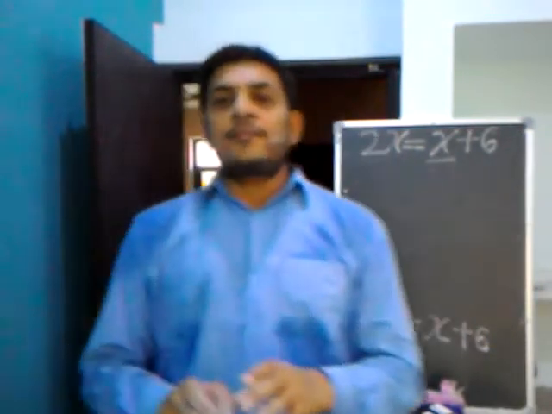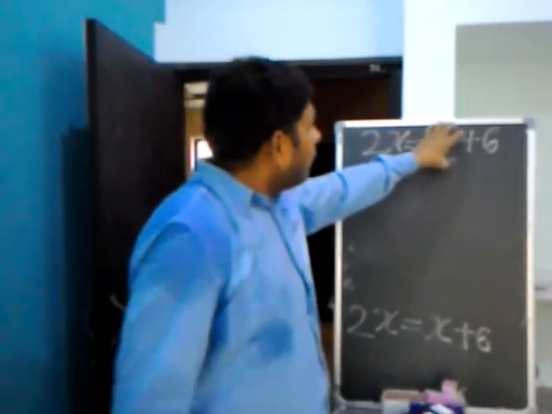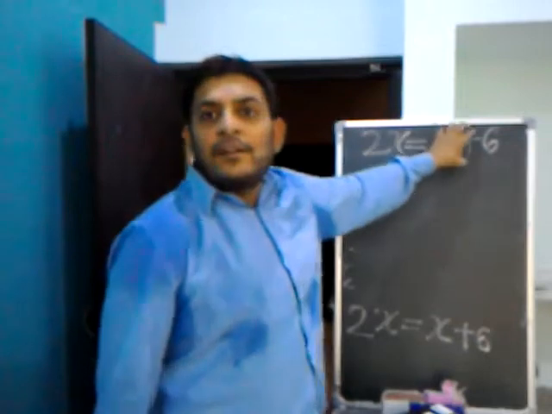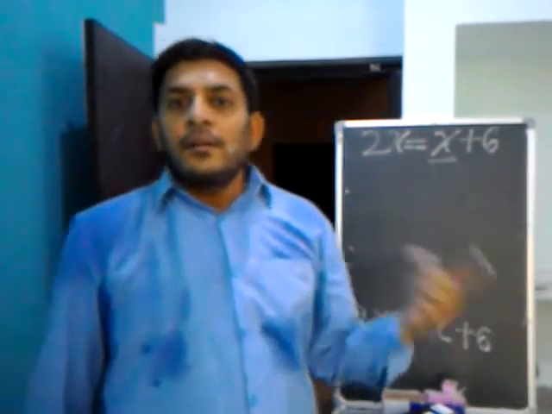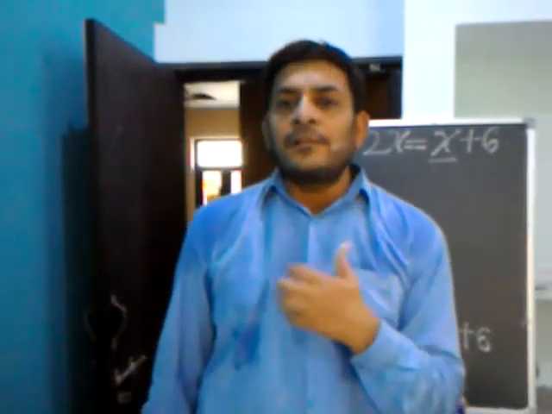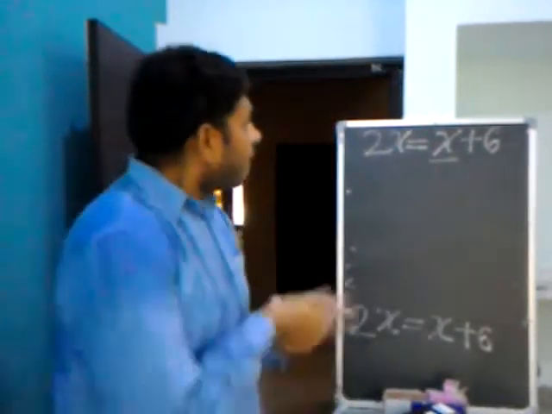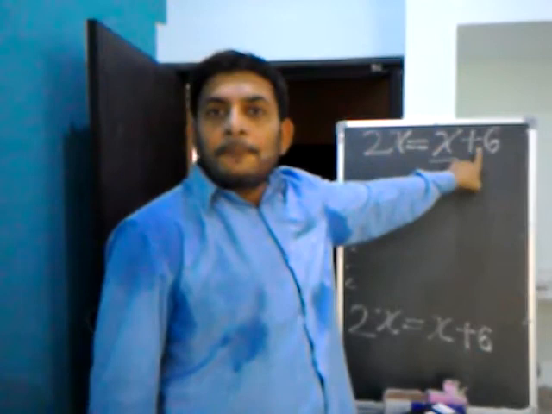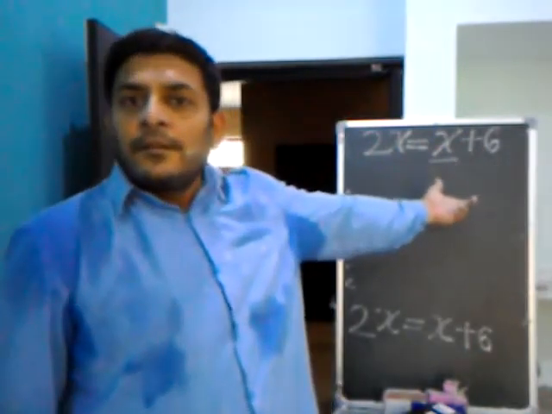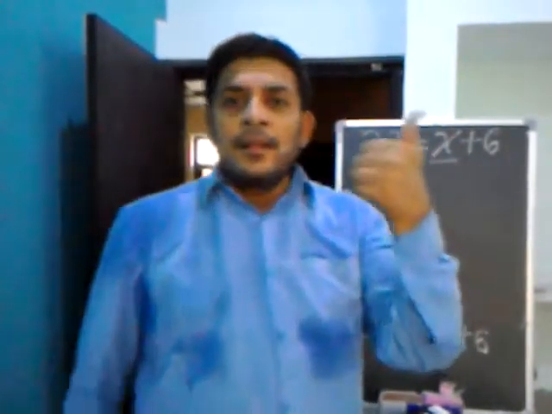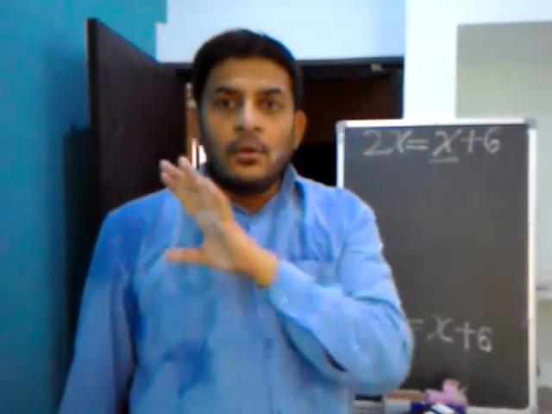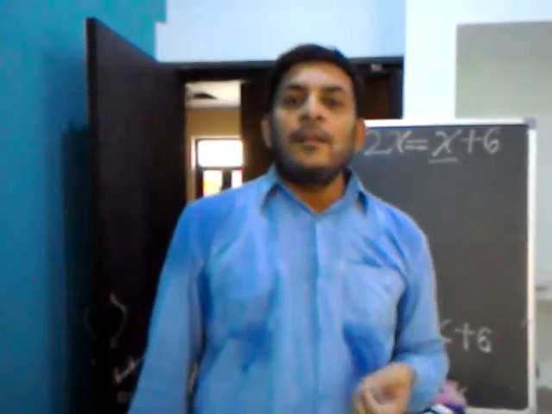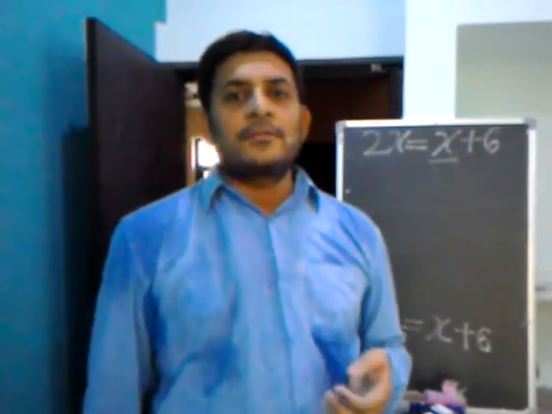This process of moving a term from here to here and here to here is called transposition. And there are a few conditions of transposition. The first condition is there should be a sign of either addition or subtraction, that means either a plus sign or a minus sign. Only then can transposition be done. Otherwise, we need to perform cross multiplication.